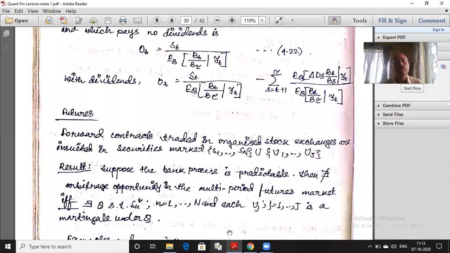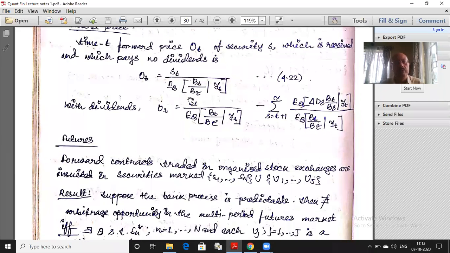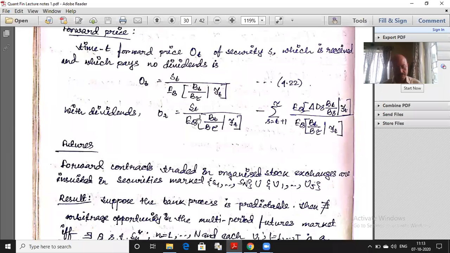And the pricing will happen according to this formula, but for physical commodities, the carrying cost considerations will also have to be put in here. I'm not giving those details because that might get very complicated, because it depends on the physical characteristics of the commodity. But you can easily understand intuitively that the price will not be something as simple as this. I have to take into consideration all these other physical things, carrying cost or inventory cost or whatever.